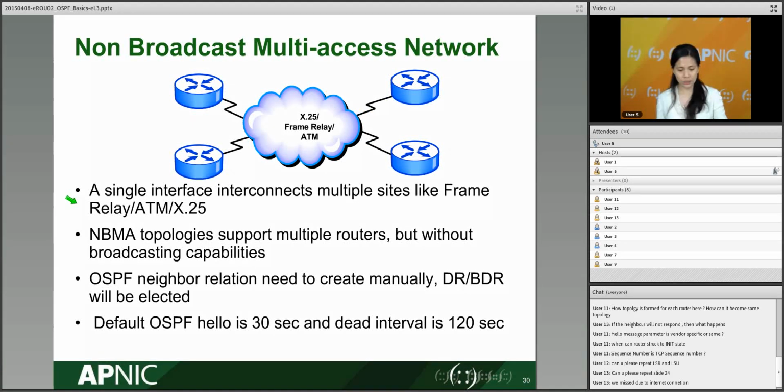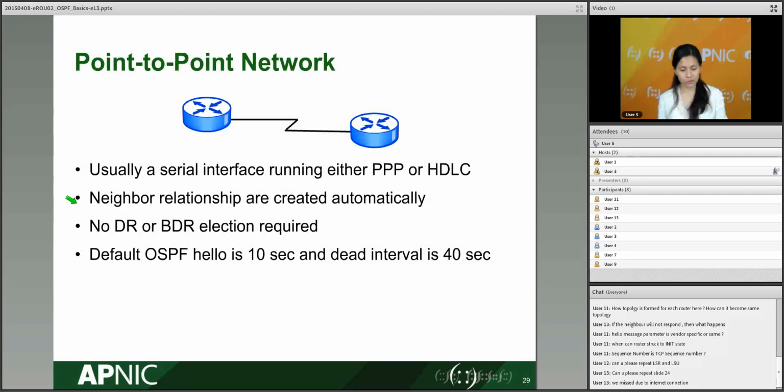So that's point to point. Again, it's just pretty straightforward. The next one is your... by the way, do you understand it when I say hello and dead intervals? Typical values are 10 and 40. Dead intervals are usually 3 times as much as your hello interval. A hello interval is when the packets are sent to OSPF neighbors to maintain connectivity, right, which is like 10